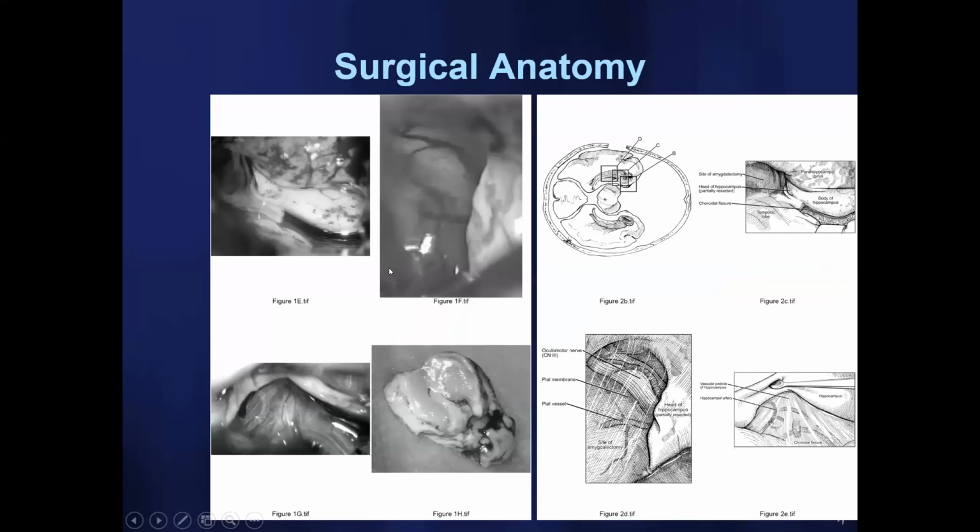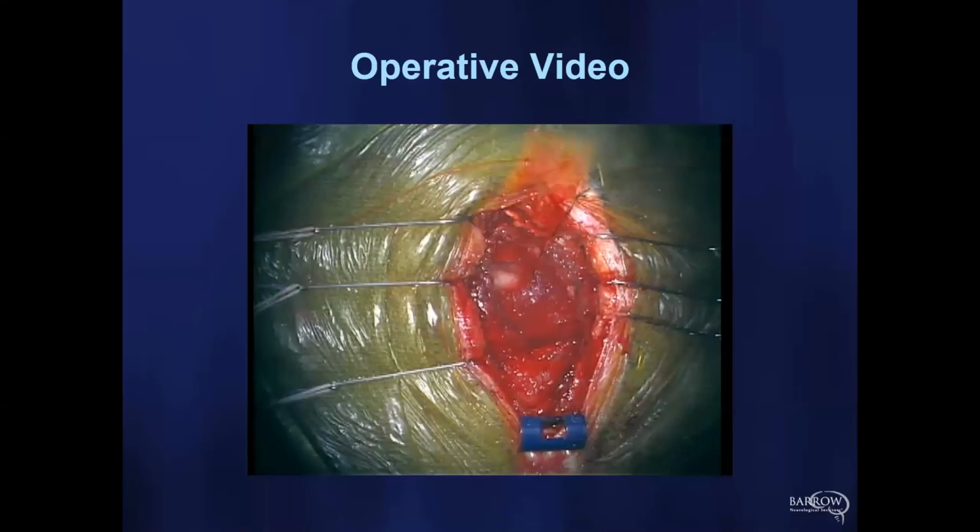This is some anatomy from our first publication, kind of looking up, and you see through the pial membrane, you can see the optic tract. This is the third nerve, and in this picture, we see the hippocampal fissure with the vessels going into the hippocampus. That becomes very important to look at, identify it directly, so you avoid a stroke by taking only the hippocampal vessels, nothing within the fissure.